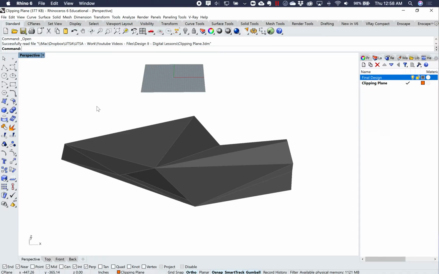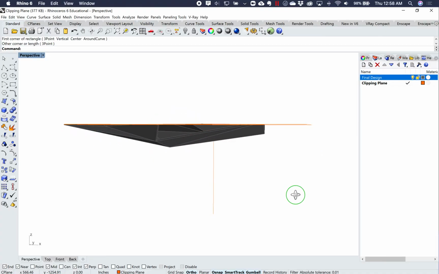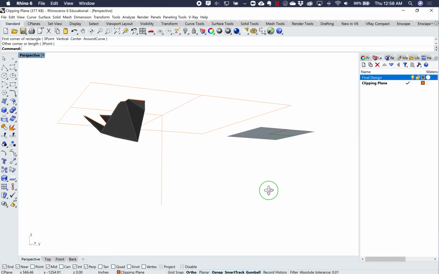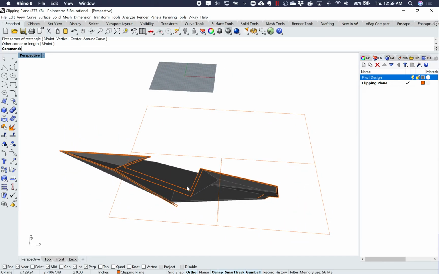So I'm going to type in the word clipping plane, hit enter. And for now, I'm just going to make a rectangle. It doesn't matter the size. And I can see that because it's orange, because my layer is orange, it made my clipping plane orange. And what it should hopefully be doing is slicing through your model in some way. And because it's orange, there's a pretty good contrast between the orange and the gray, so I can see this